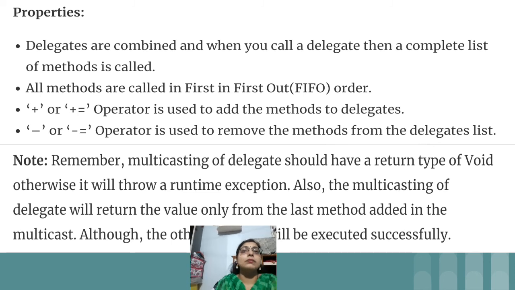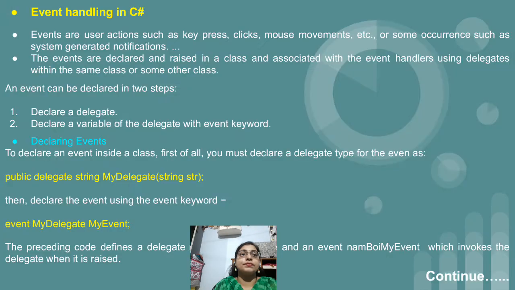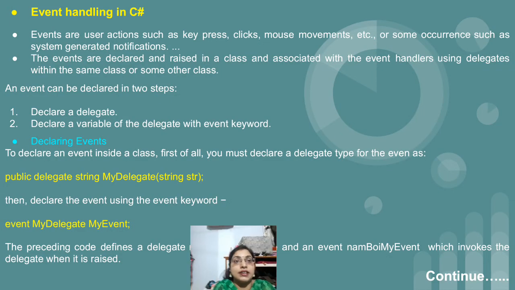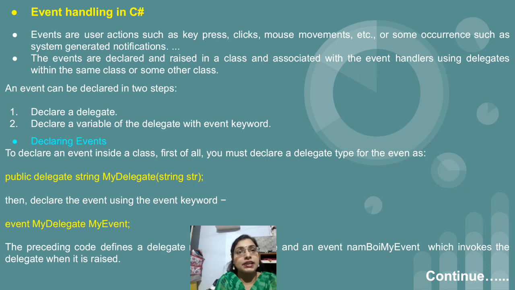And then just remember the note which I have given. After that, the last topic of our session, that is event handling in C#. So again, event handling is related to delegates only. With the help of delegates only, we will create or call the events. Basically, an event is when we press a key of the keyboard, so that is a kind of event. We perform click events, mouse movement. So these are the events, which are generated by the system. Sometimes the events are generated by the user